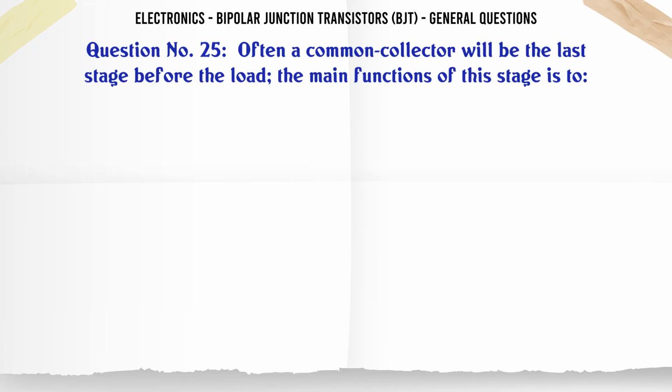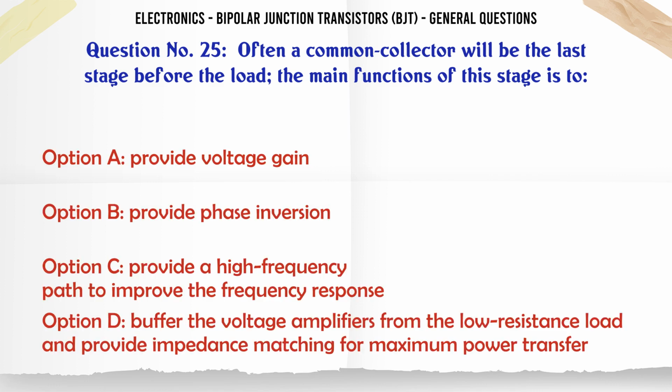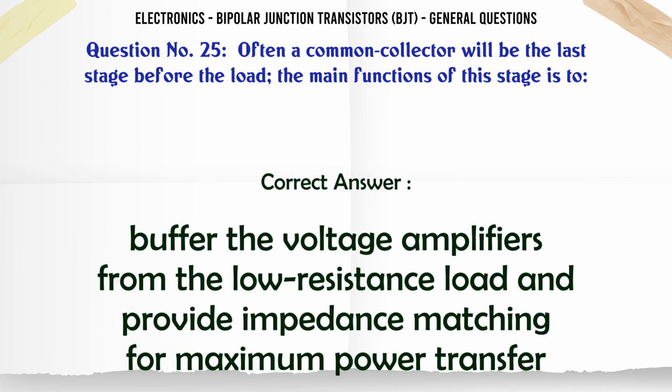Often a common collector will be the last stage before the load. The main function of this stage is to A. provide voltage gain, B. provide phase inversion, C. provide a high frequency path to improve the frequency response, D. buffer the voltage amplifiers from the low resistance load and provide impedance matching for maximum power transfer. The correct answer is buffer the voltage amplifiers from the low resistance load and provide impedance matching for maximum power